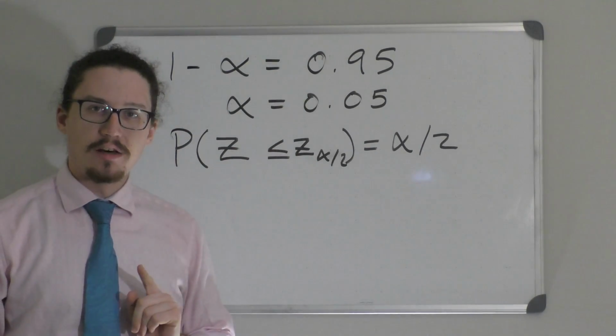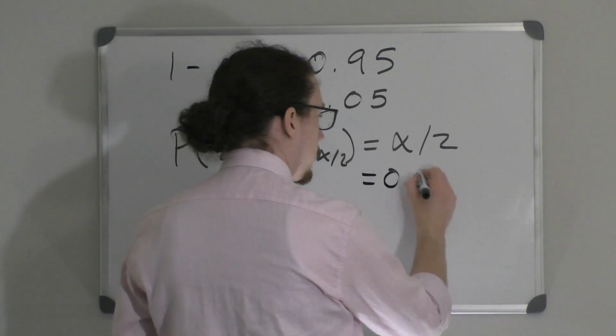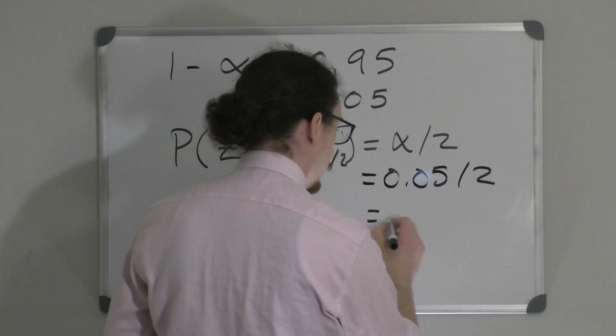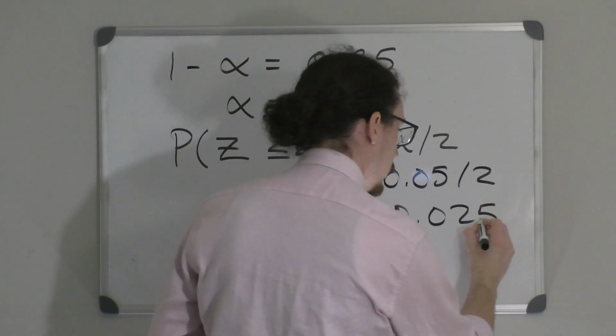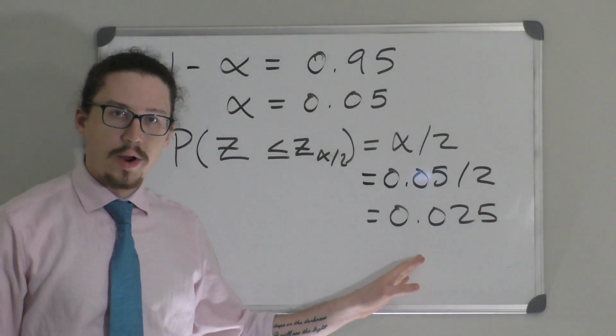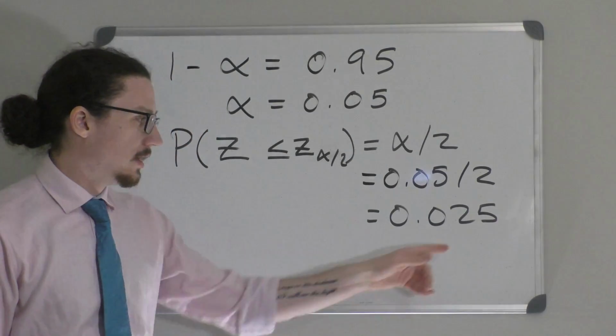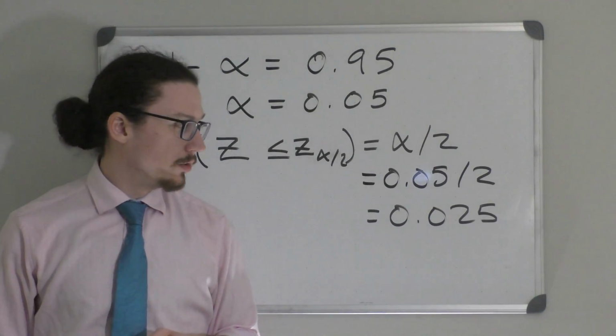We know that the probability z is less than or equal to z alpha divided by 2 equals alpha divided by 2. So we need to find the z-score where the probability that a randomly selected z is less than it is